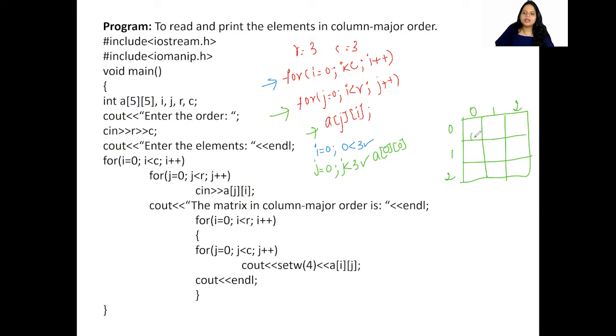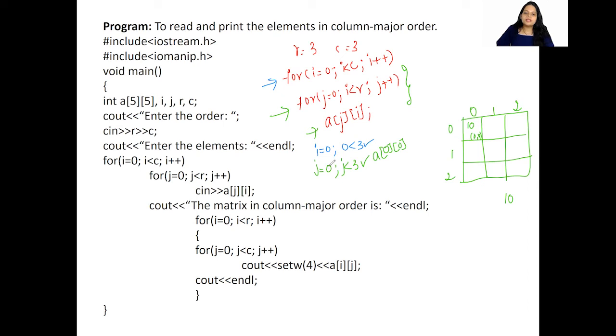Okay, so this is the 0th value. Whatever I'm entering on the keyboard, suppose I enter 10, is going to come and get stored over here. Now next, j gets incremented. Until this for loop becomes false, my i is not going to get incremented. Only once this is done am I going to move here. So till then i is going to remain as 0.